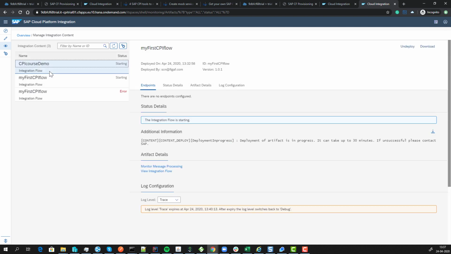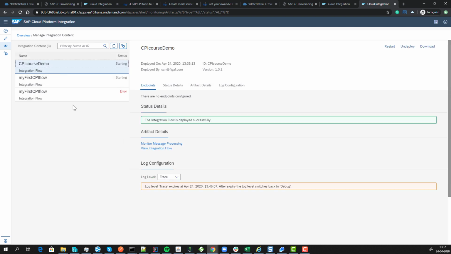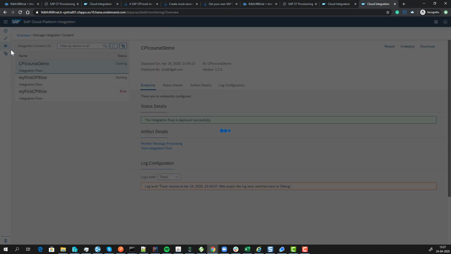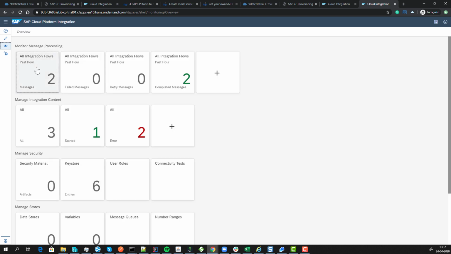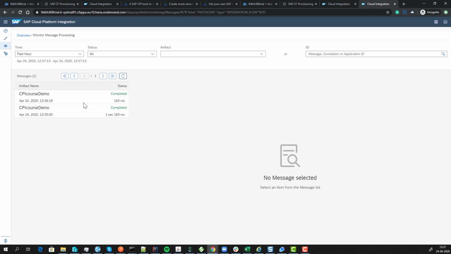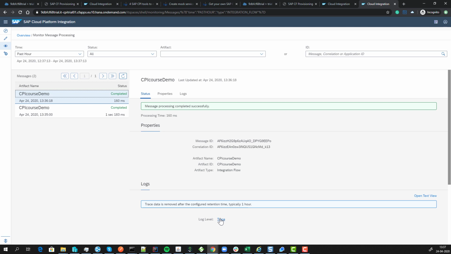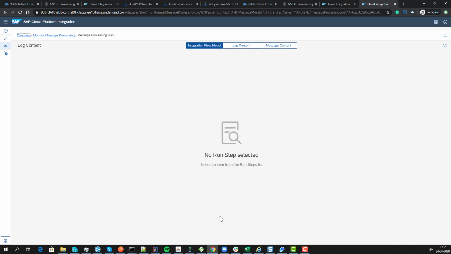So I've just changed this CPI course demo I have, and it has then been deployed, and we can see it has run 2 times. Here we have the run. We can see it has trace enabled, so it's the same process as we had in the other iFlow we created. And once we have opened this in trace mode,